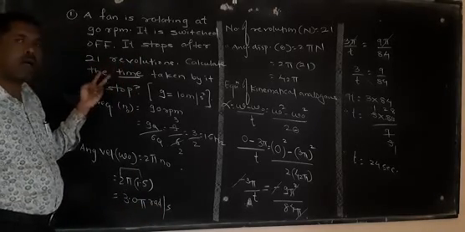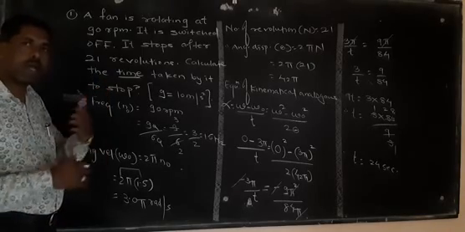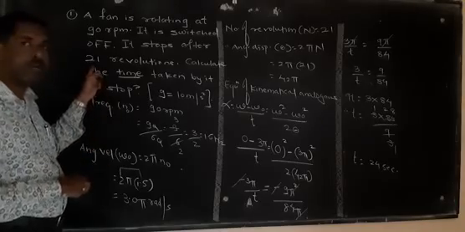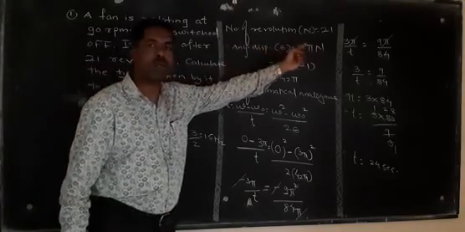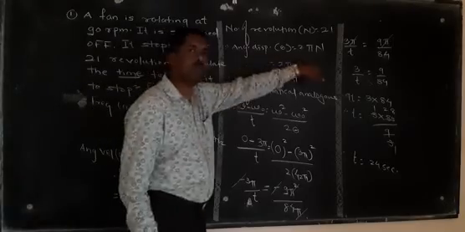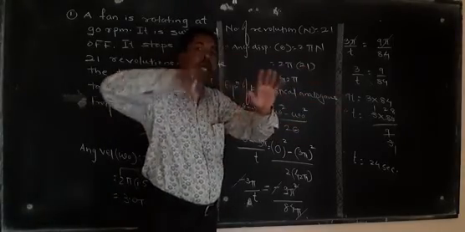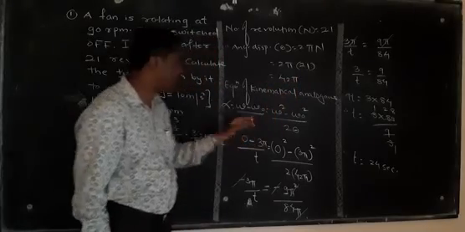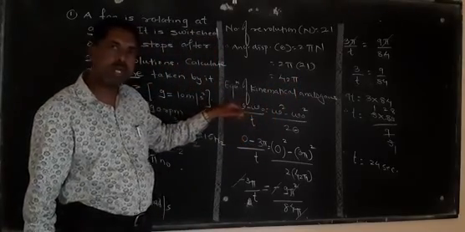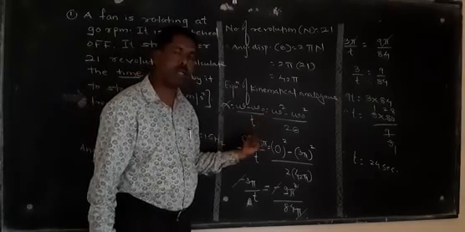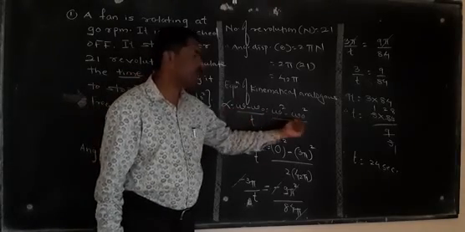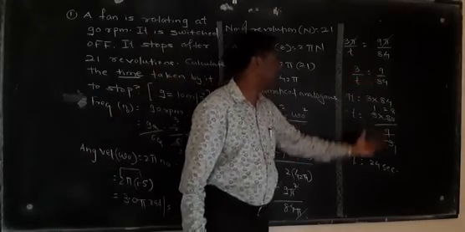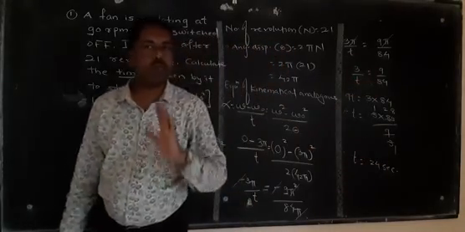Before it starts, how many revolutions did the fan complete while coming to rest? It completed 21 revolutions, so n is 21. Its angular displacement is 2 pi n, so 2 pi times 21 is 42 pi. Now, by using kinematic equations, the angular analogues, we can write alpha equals (omega minus omega 0) by t, that is angular acceleration, and omega square minus omega 0 square upon 2 theta. Put the values. Finally, we got time t equal to 24 seconds.